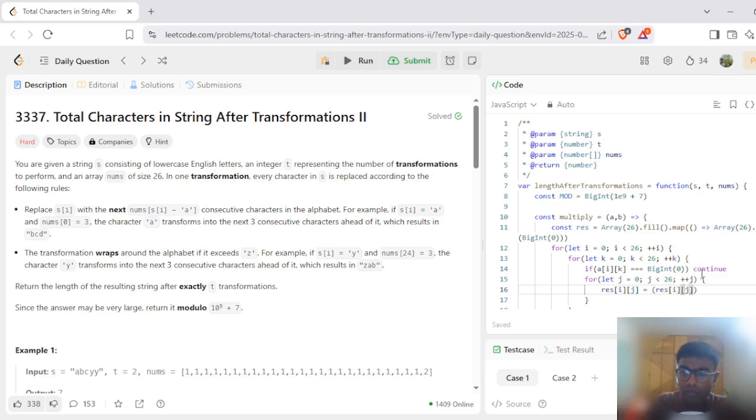So we multiply with the matrix multiplication where with respect to column k and the value of the second one,